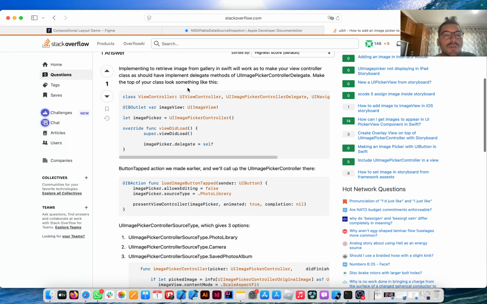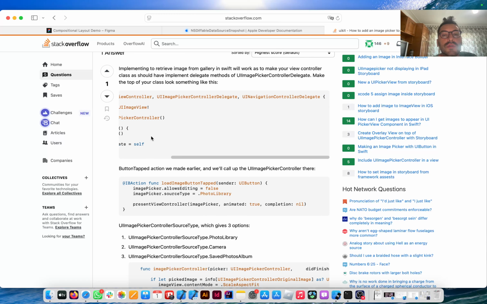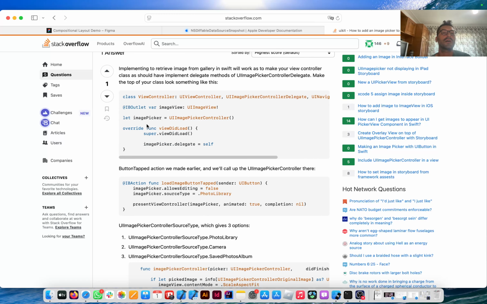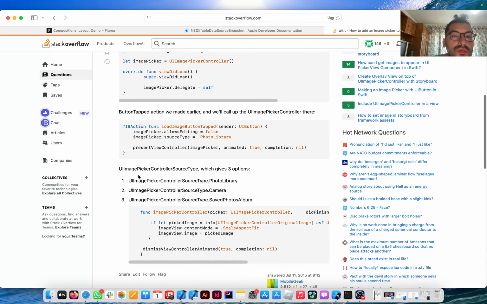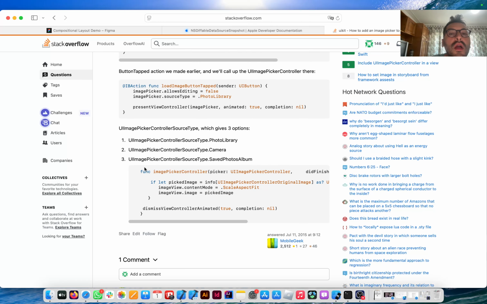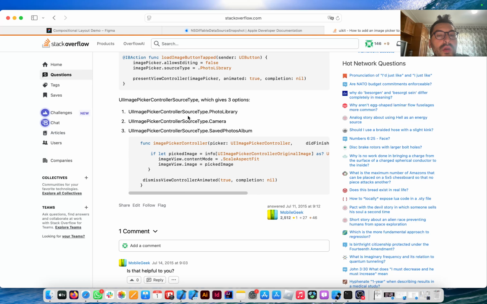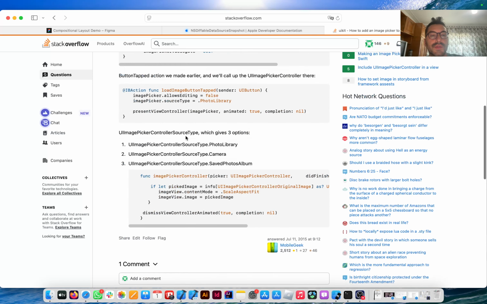Make the top of your class look something like this: class ViewController, UIViewController, UIImagePickerControllerDelegate, UINavigationControllerDelegate, IBOutlet image view, picker equals UIImagePickerController. Load image button tapped. Image picker allows editing. Image picker source type is photo library. Present view controller, image picker. Photo library. Yeah, so this is also a programmatic approach,